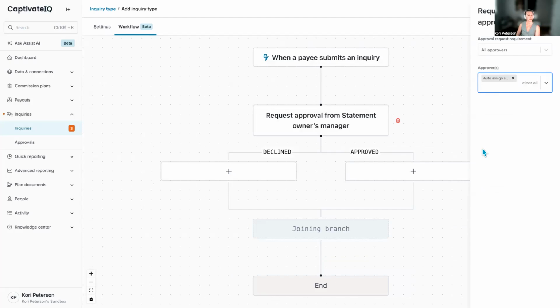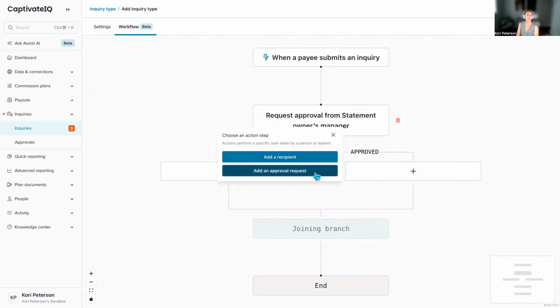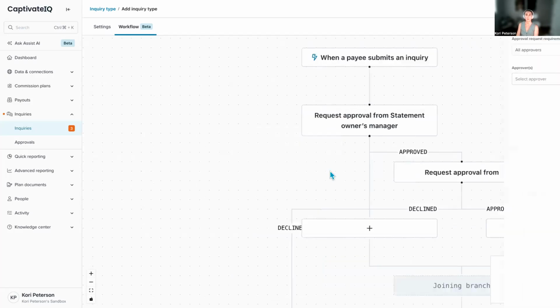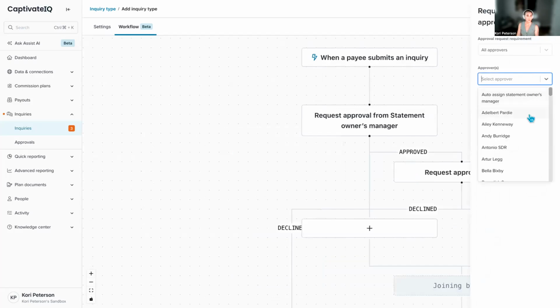just so that they can take a look at this and say, yes, that's correct, this exception should be granted, proceed, or no, the rep maybe just didn't understand how these things work, how they get the credits. You're good to close this ticket with no action, right? And you can add in as many layers as you need. So you can add approvals on approvals. You can add a group of people to this. So if you have like an admin team of 3 and